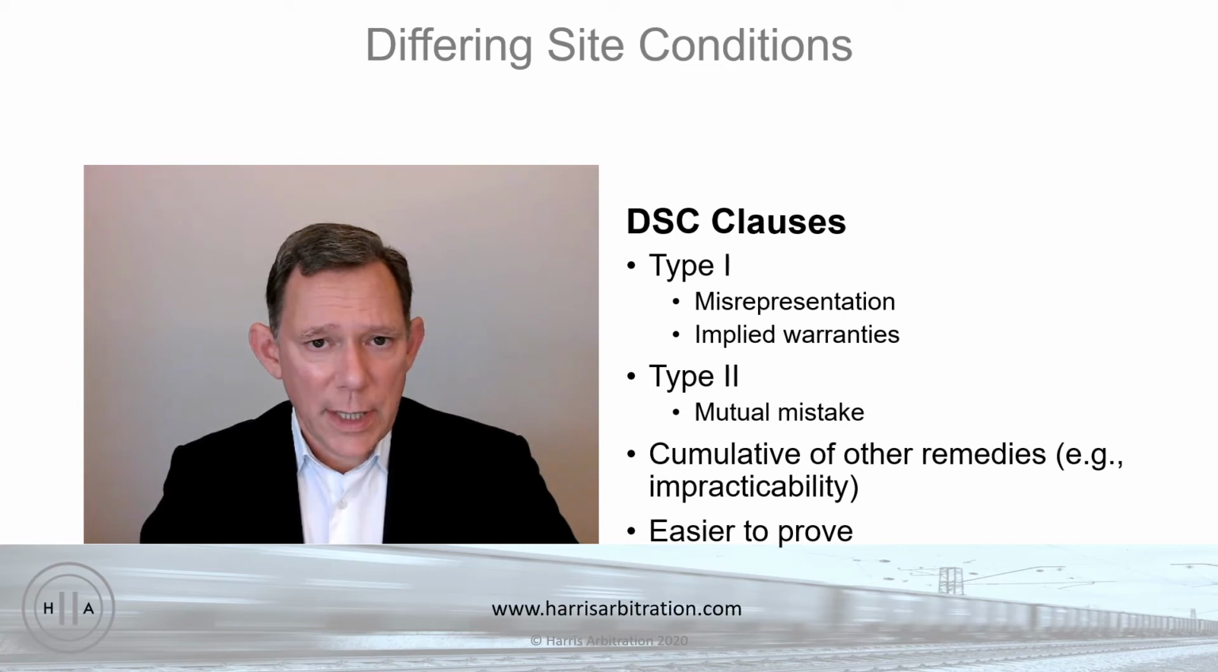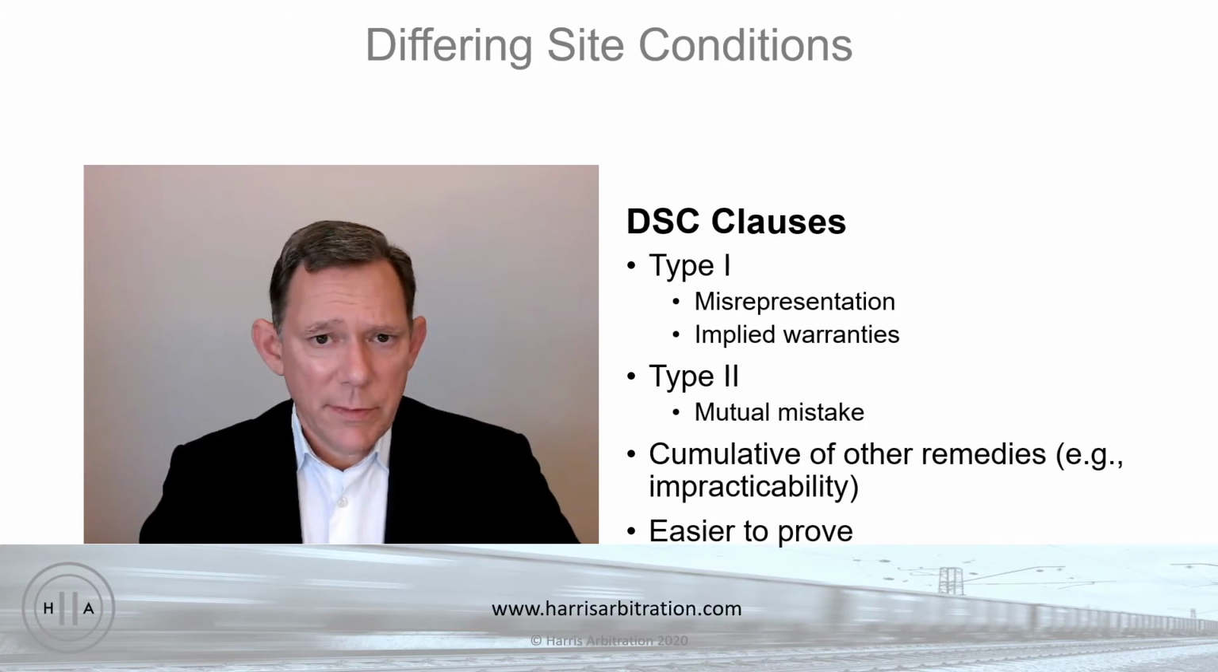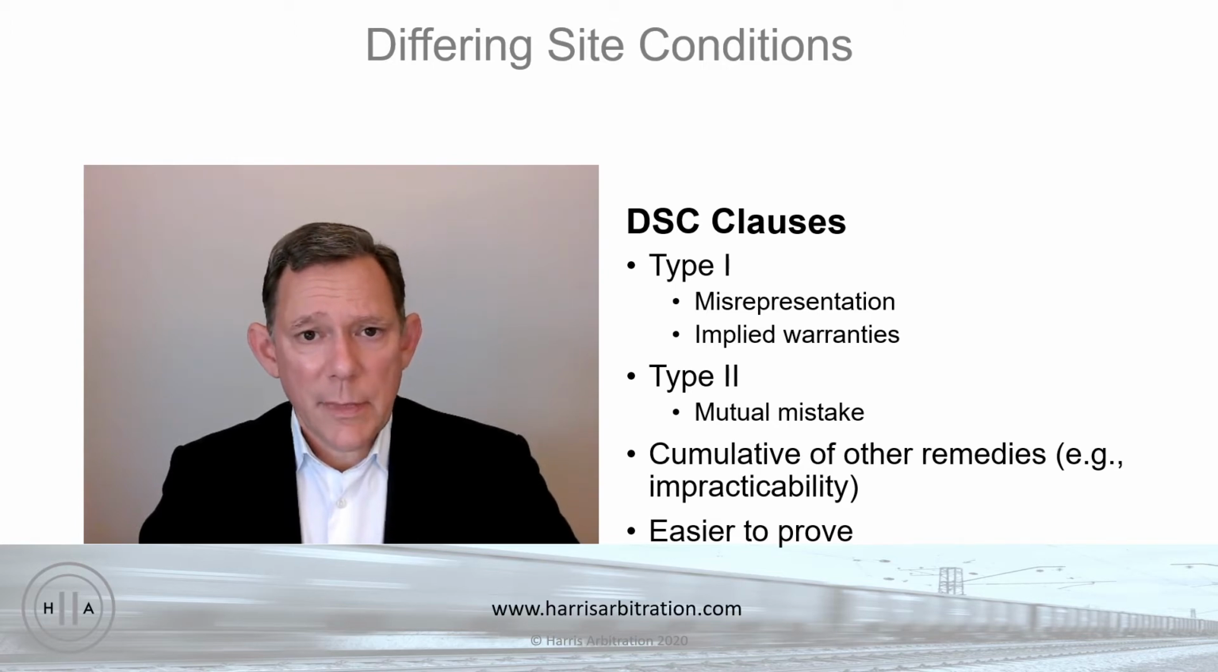Now, type 1 differing site conditions are essentially site conditions that are different from what's set forth in the contract documents. So, for example, the architect will have prepared plans and specifications, often with the help of a geotechnical report that the owner had commissioned as a reference point, and the architect will show footings at a certain depth, caissons being drilled down to bedrock, whatever the case may be,